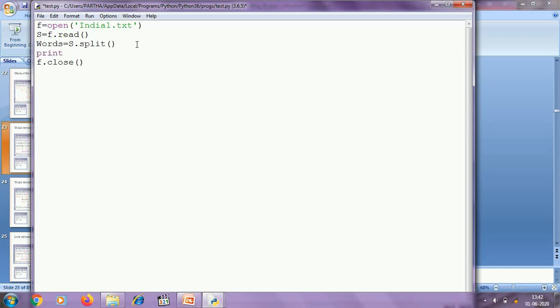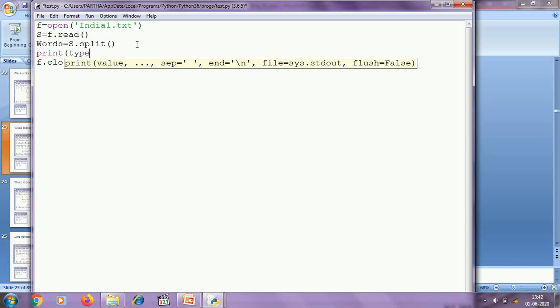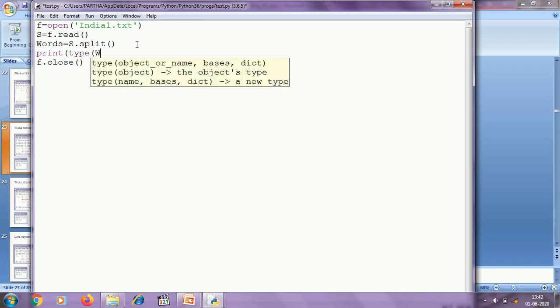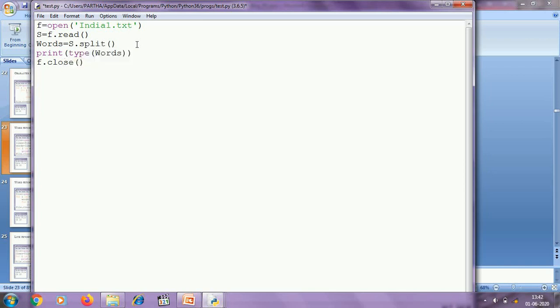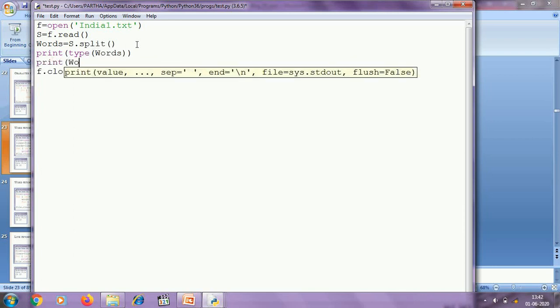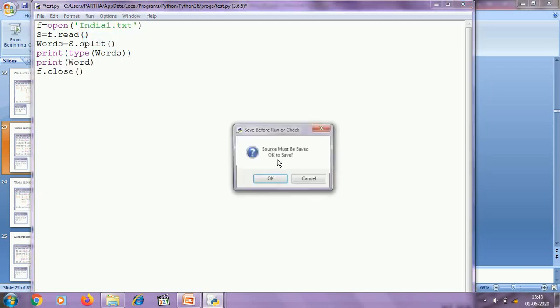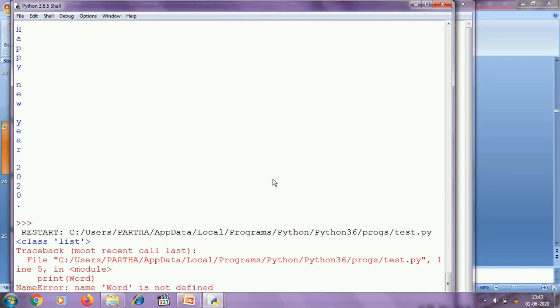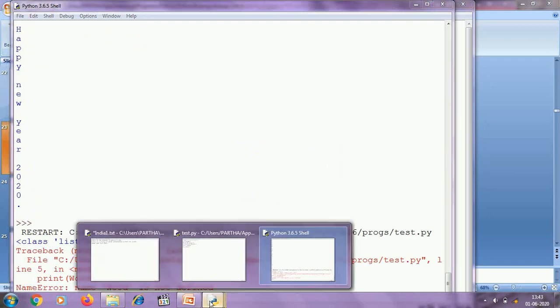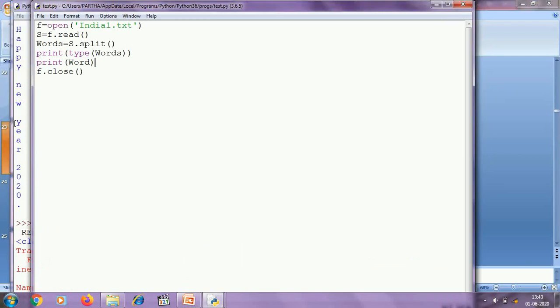So here I am going to display the type of the variable words, and after this I am printing the content of the variable words. Let's see what is happening. Name word is not defined. Let's see. Okay, I have to write words.